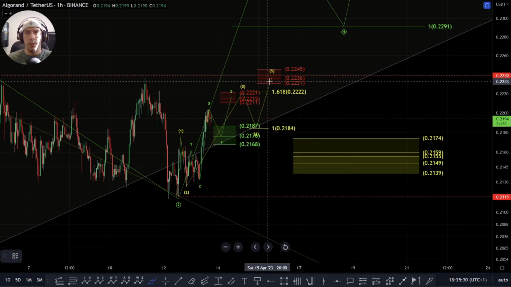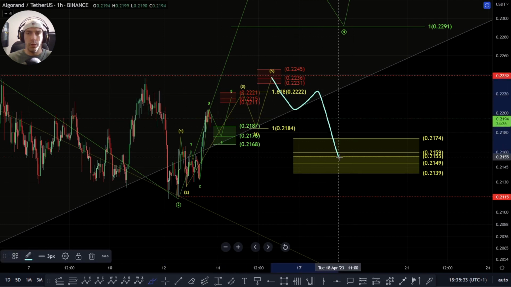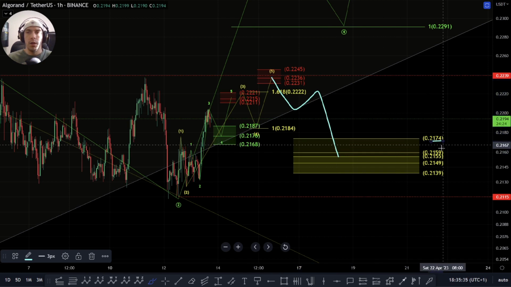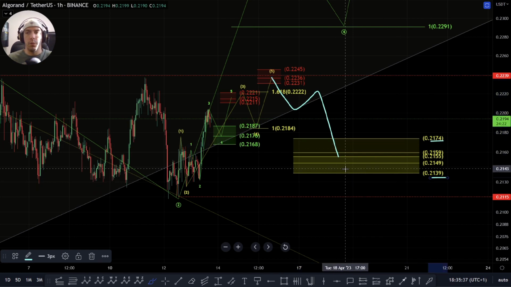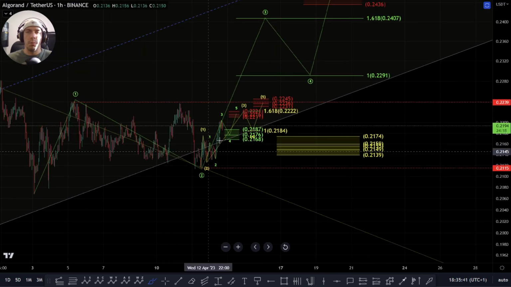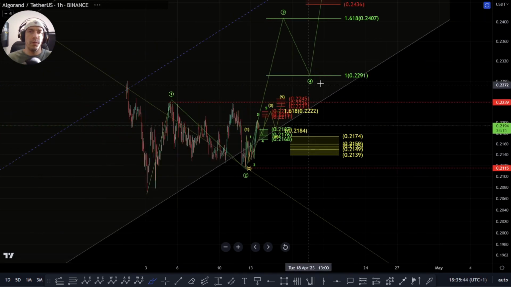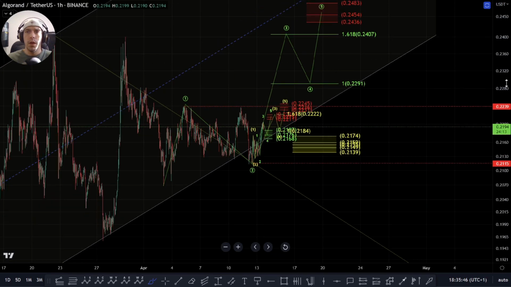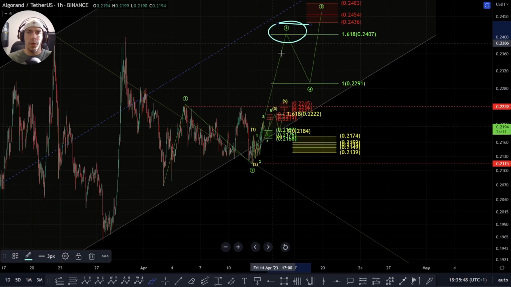what we'd have to be on the lookout for is a move like this, a three-wave move back to the downside towards this 2174 to this 2139. If we do get something like this, basically this could lead us into a bigger push to the upside. This 2407 would be the target area we're looking for this to be confirmed as a bigger third wave, but